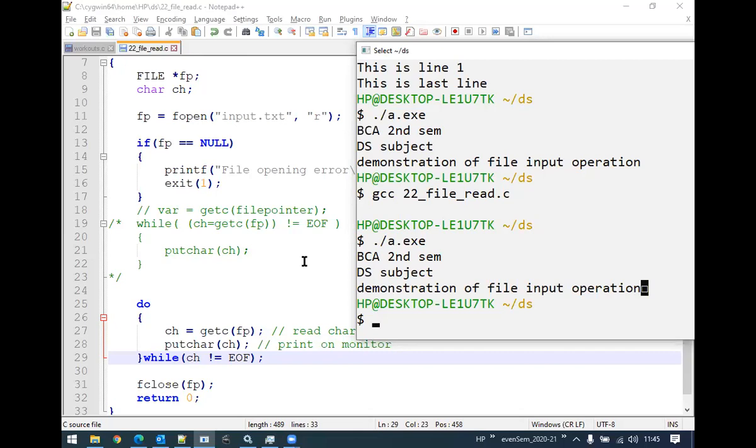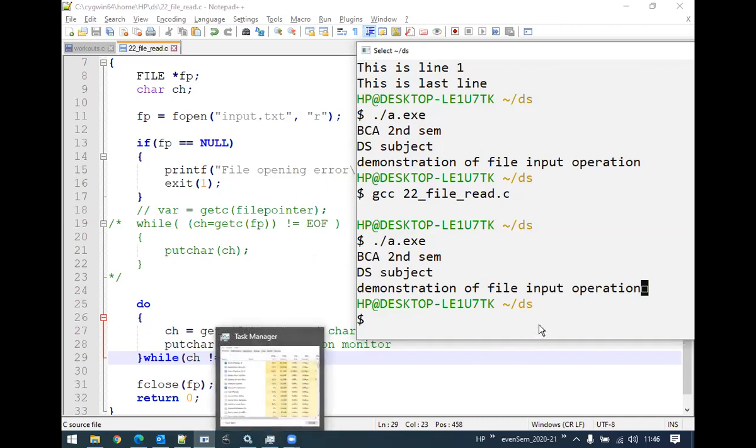Can anyone else? Anybody else try to put it more accurately? I got your point, Charan, what you tried to say, but can someone try to explain a little in detail? Okay, let me give a try here. Now, we know the differences between while and do while, so I'm not going to cover that here. Now, let's see what's happening in do while. It starts execution: ch equal to getc(fp). So it takes a character from the file.